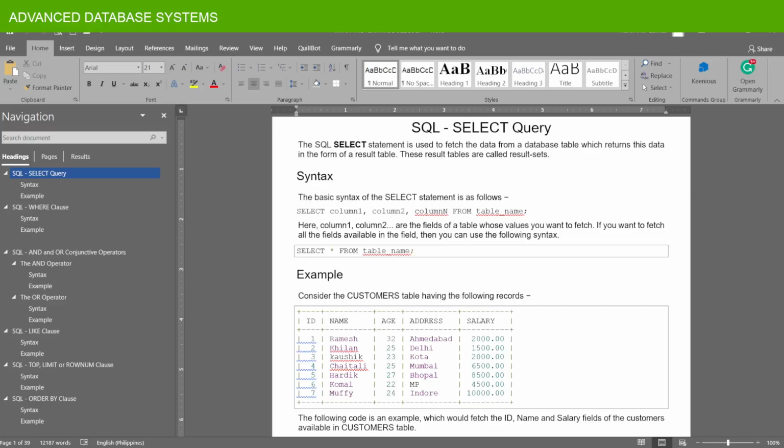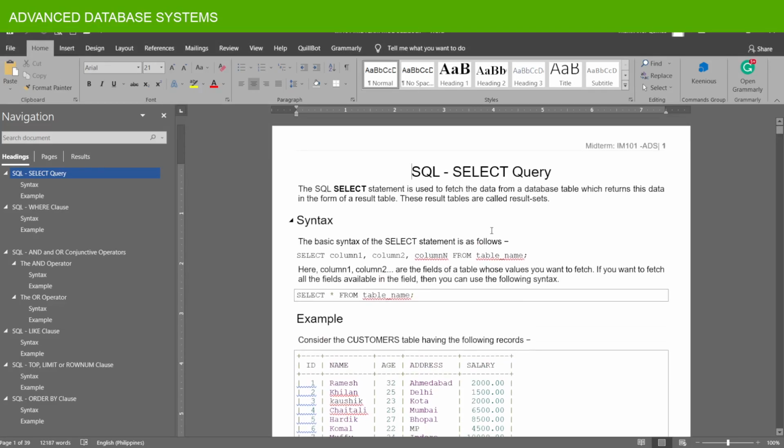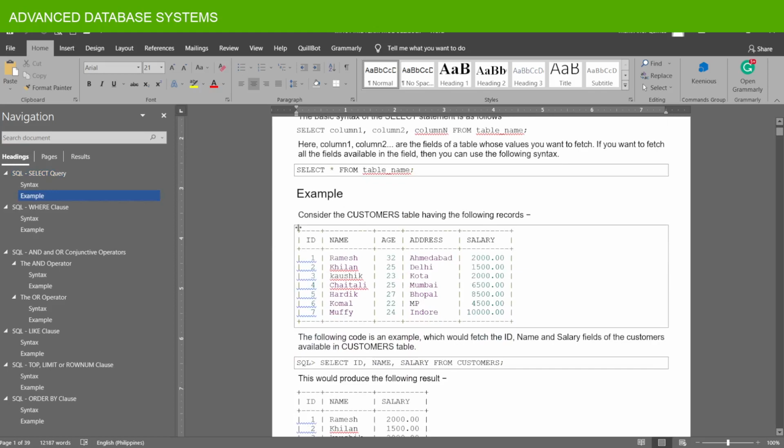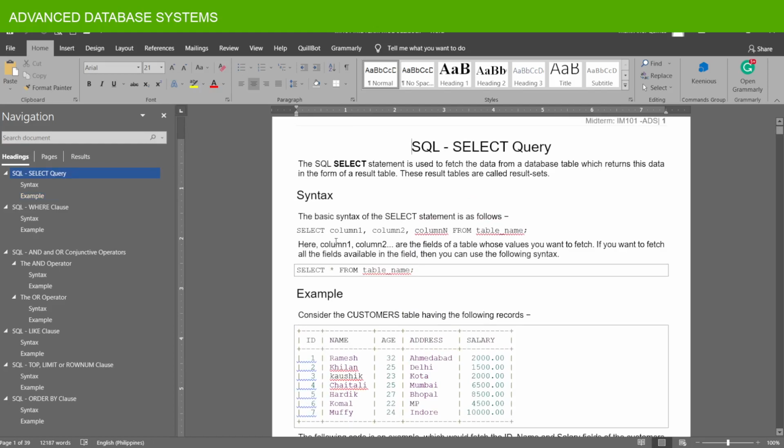So what is an SQL select query? In the definition, it is a statement used to fetch the data from a database table, which returns this data in the form of a result table. These result tables are called result sets. So the example down here that you see is what you call the result set. Okay, this is the result from the query we made using select, which has a basic syntax of